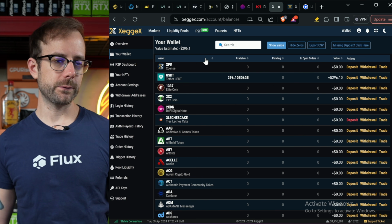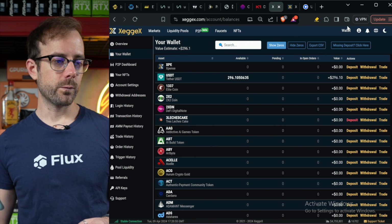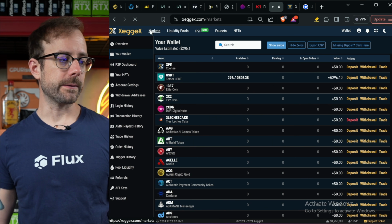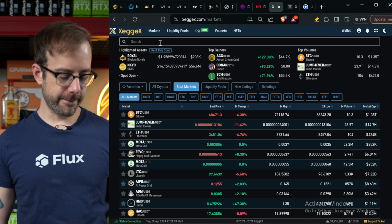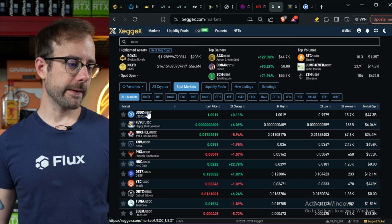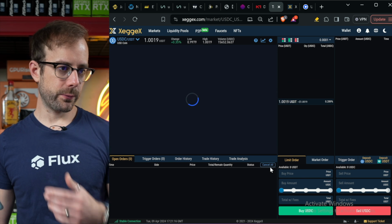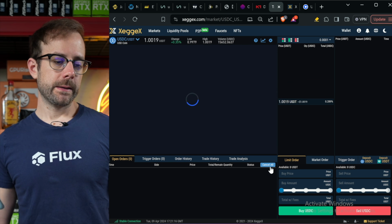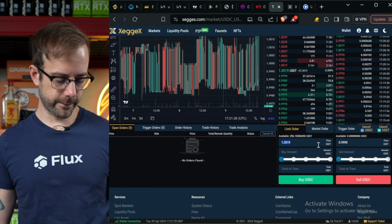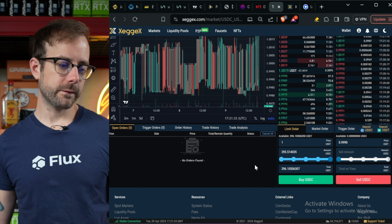And actually what I'm thinking about doing now, and I haven't done it yet, is converting that Tether over to USDC, which is what Coinbase does support, and it looks like they support quite a bit of platforms of it. So luckily, they have a USDC Tether pairing over on ZegX, and what I can do here is really not lose out on too much. The pool charges a 0.2% fee to exchange from one currency to another. So if I do, let's just say, a limit order for the exact dollar and then sell all of it, I'm going to sell